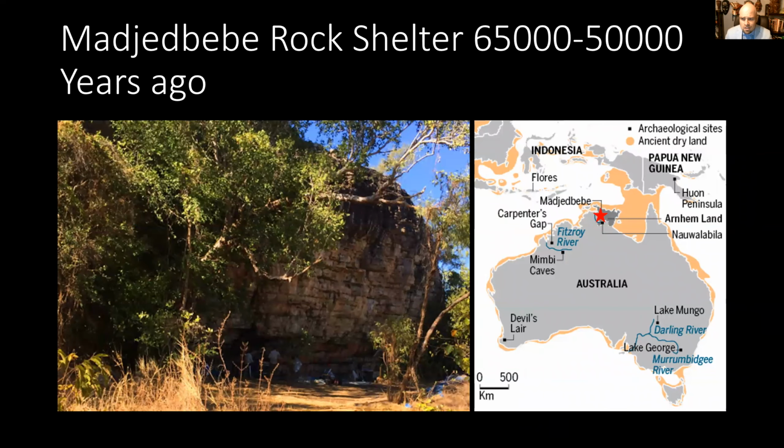But we also have archaeological evidence. Now, dating of some of these sites is difficult. As I said, in many cases for the earliest sites, there aren't skeletons themselves necessarily, and there's not material you can directly date. But using things like uranium dating, it's been possible to date early sites like the Madjedbebe rock shelter to between 65,000 and 50,000 years ago.